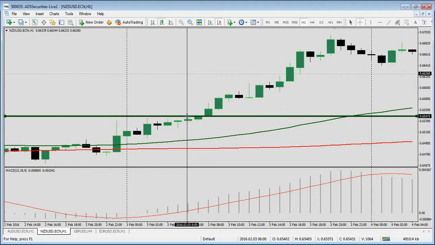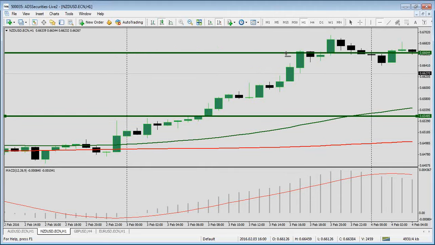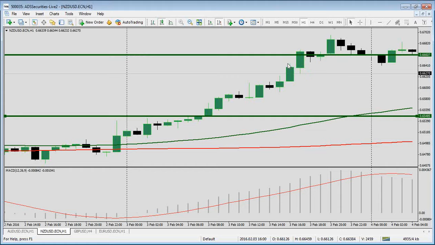So from here we look for 112 pips, and you can see that this is approximately 112 pips. Over here it's approximately 112 pips, and you will see that whenever that happens, the market will give you a